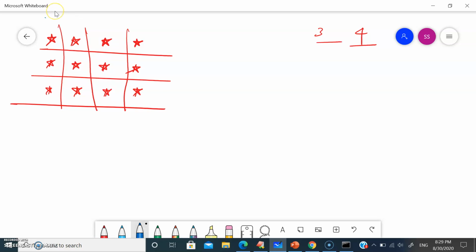So let's consider the column is j and the row is i. So i is equal to 1, 2, 3, and j is equal to 1, 2, 3, and 4. When i is equal to 1, j is equal to 1, in that case we print a star.